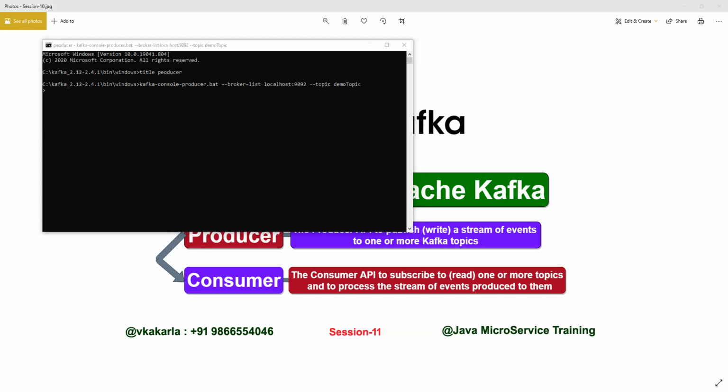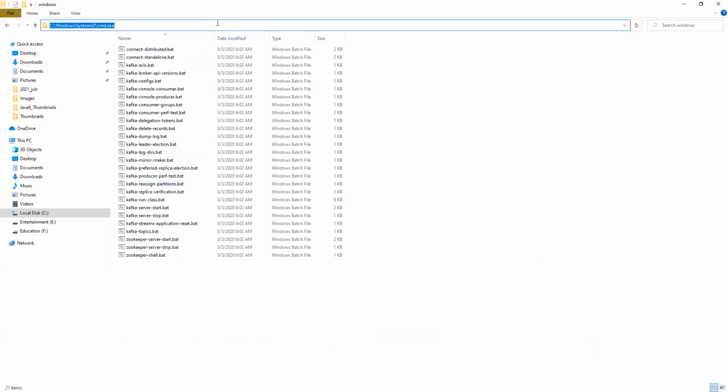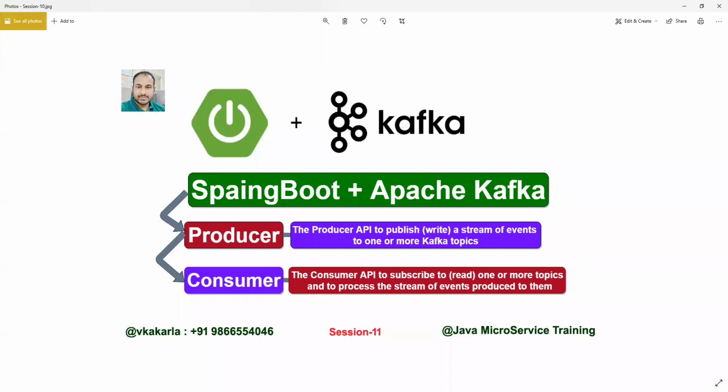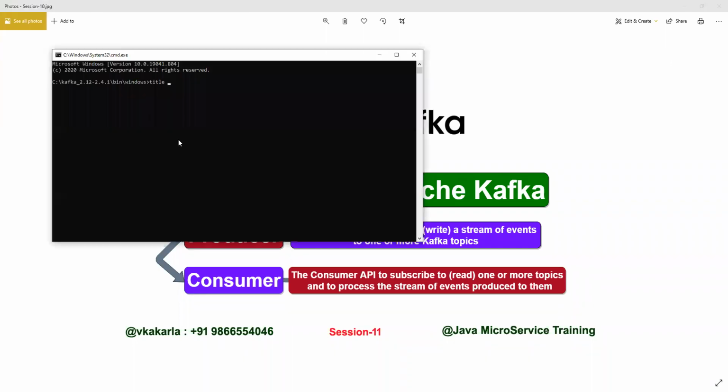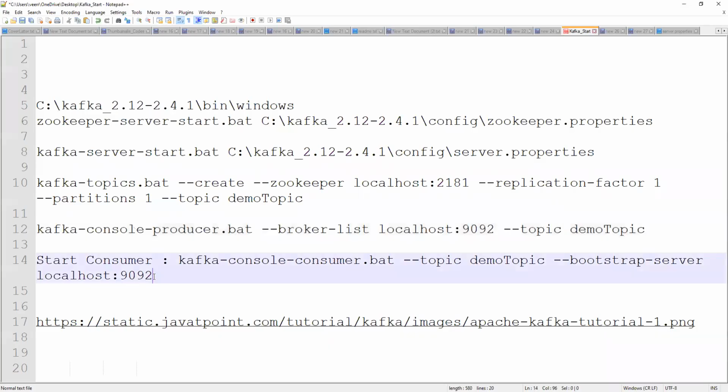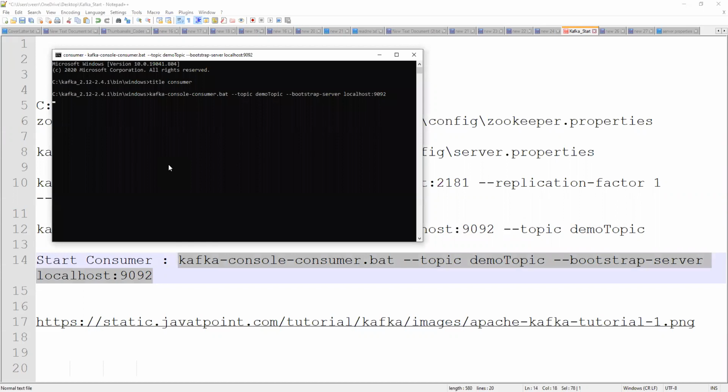Let's open the consumer. If you publish the data, the consumer will automatically consume it. Let me share the other terminal also. You can title this one consumer. To avoid confusion, we are giving each and every terminal a name. Now you can run the consumer also. So just simply running the consumer.